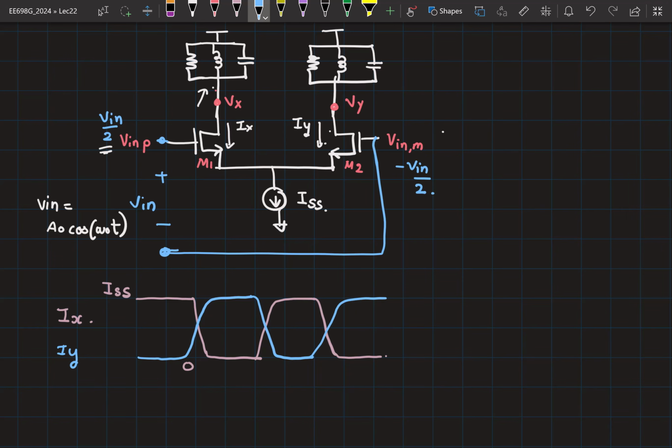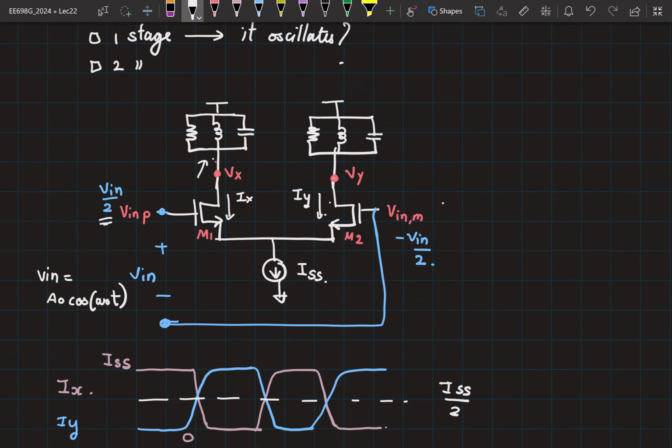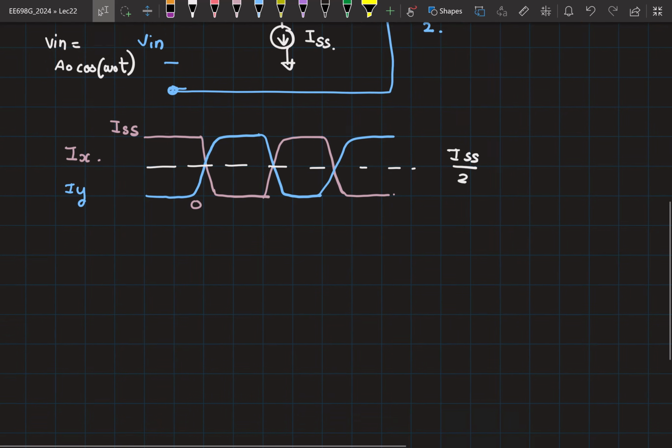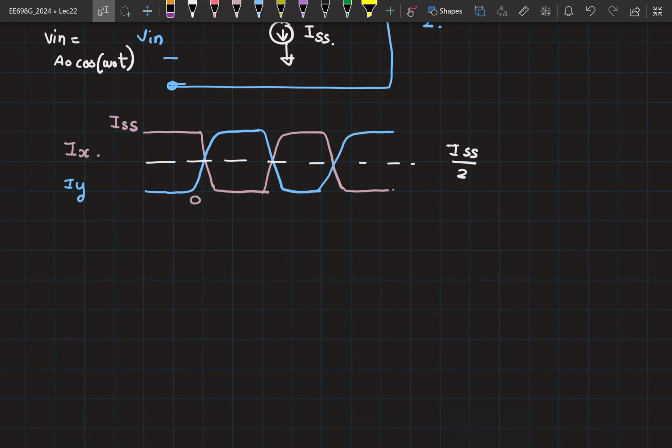Okay, and what is the average value of this? This is equal to ISS by 2. Just that I have designed with a very large GM. So the moment you have a positive value here, the current completely switches to one side. Okay. Now for a minute, simply assume that your Ix and Iy are ideal square waves. Right. So it is going from ISS to